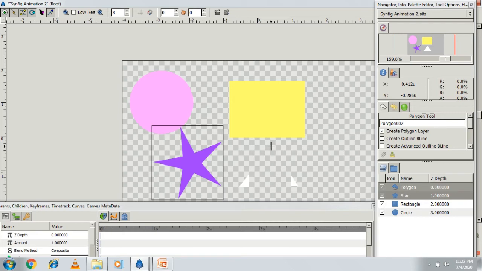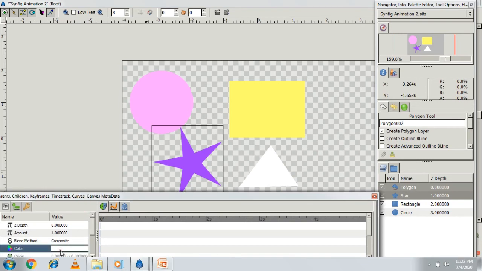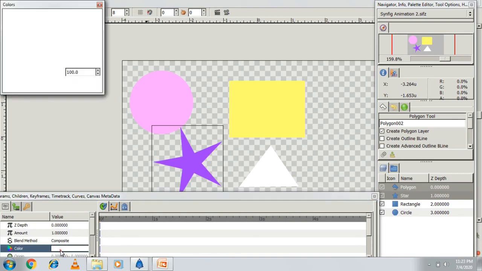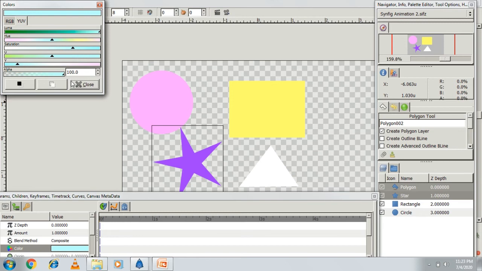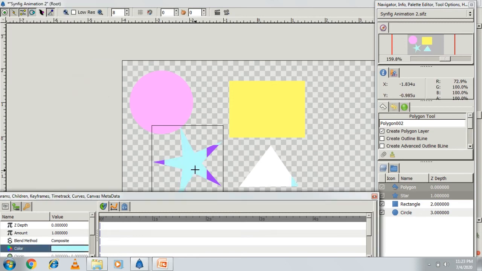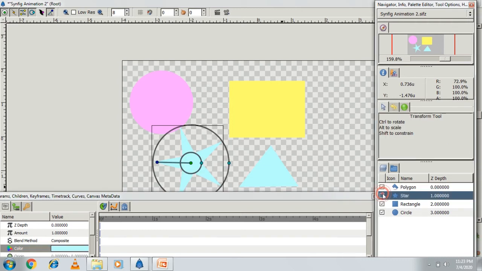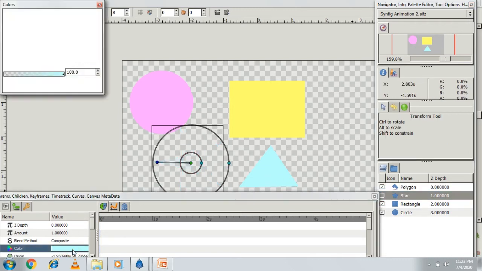So by using the polygon tool I can create a triangle. If I want to change the color, I change it from here. Okay, the previous layer is also selected, you can see two layers are selected, that's why the color applied to two objects. If you want to apply it to only one object, deselect it and apply the previous color from here.